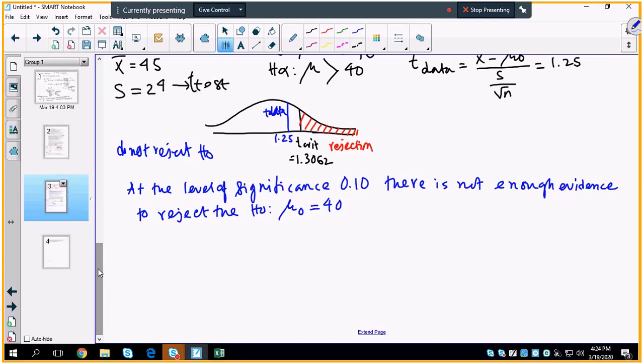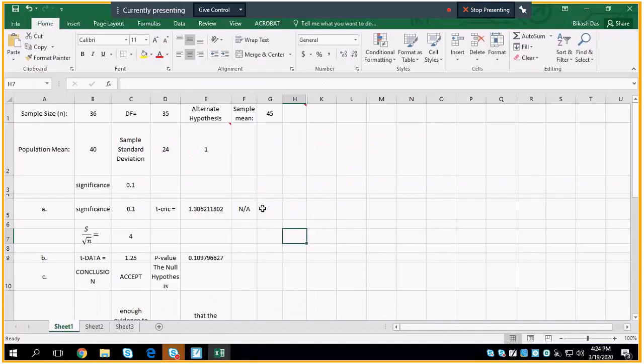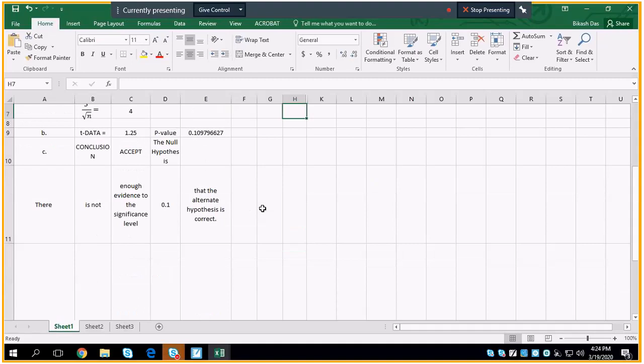And I'm pretty sure if you look at the spreadsheet, it will clearly tell you that this is the result of the testing. I just wanted you to see with your own eyes how to do it, even if you do not have the interpretation. So there is not enough evidence at the level of significance of 0.1 that the alternate hypothesis is correct. Alrighty, so